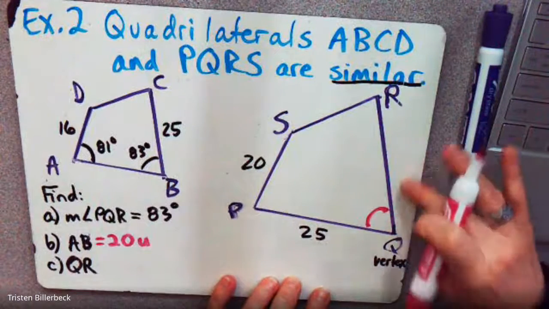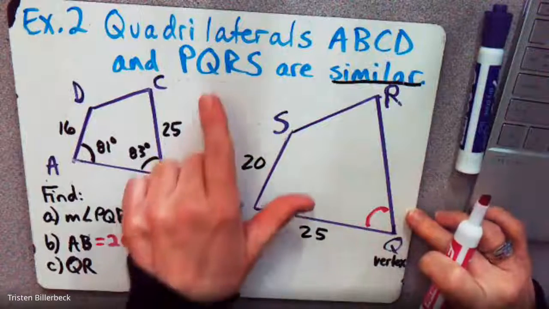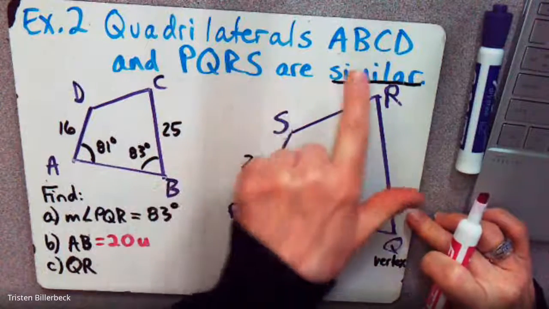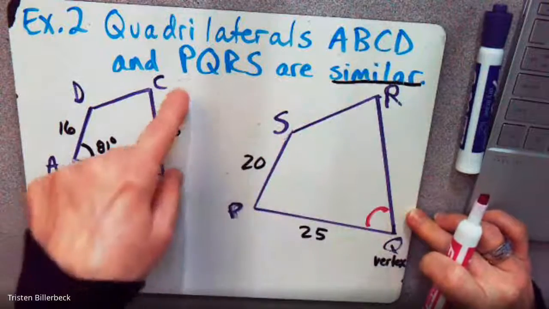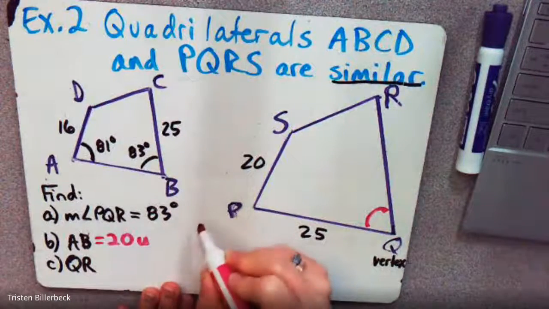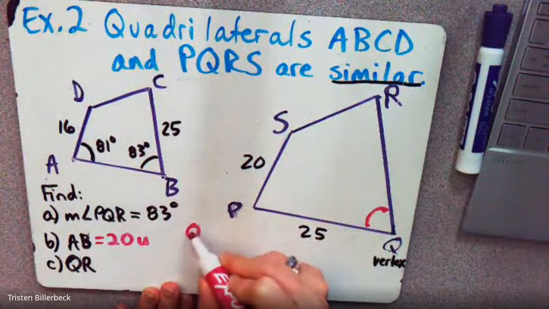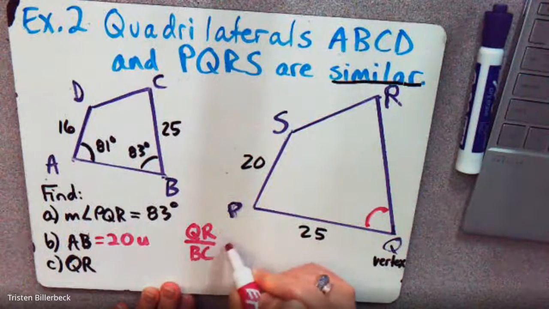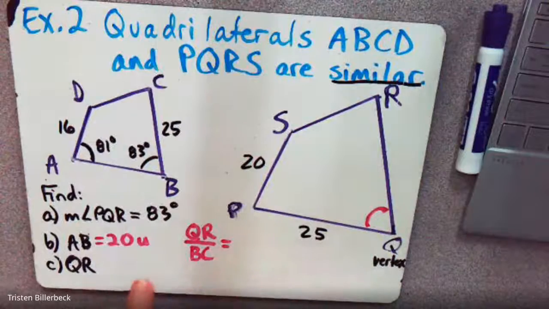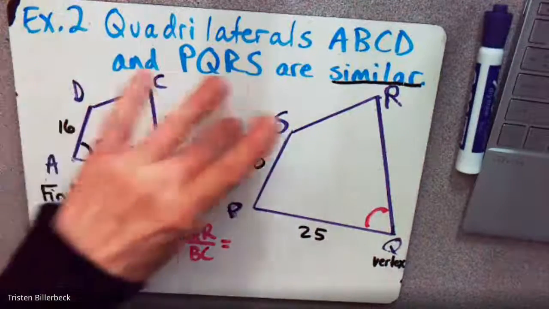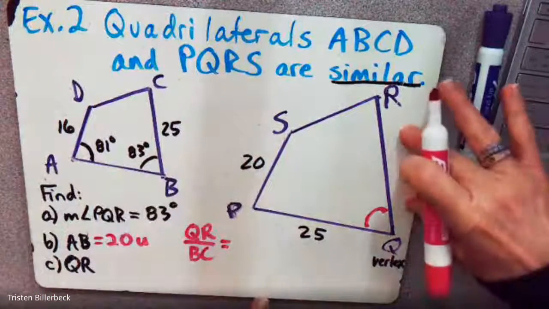Okay, so here's QR, and QR is the 2 middle letters in the name. So that corresponds to BC. Oh, and look, we have a number. So we're going to do QR over BC. And since we know PS and AD are corresponding sides with numbers, we have QR on top, so